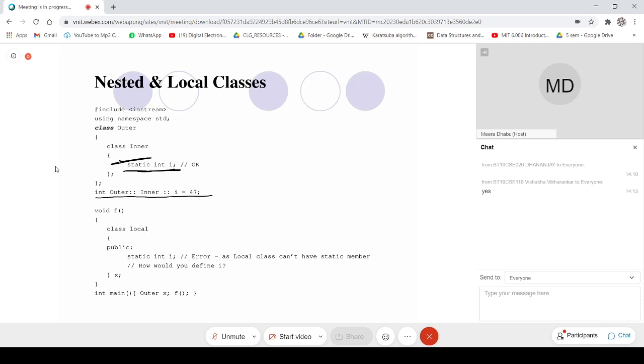Okay. Then inside a function, you can have a local class also, just like a structure. But a local class can't have a static member.